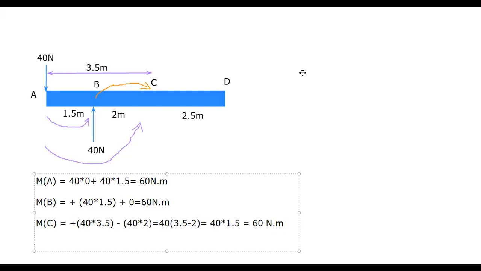Again, we have to consider the same forces. Okay, same procedure we have to follow, that moment at the point D. So first force we have to consider is again this 40 Newton force, which is going downward. So again, this will create a